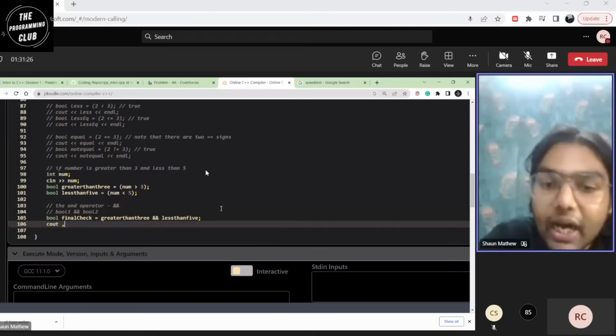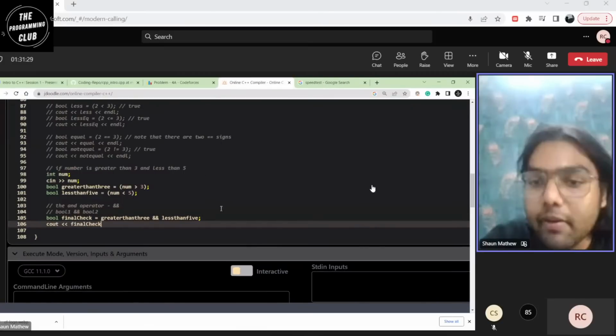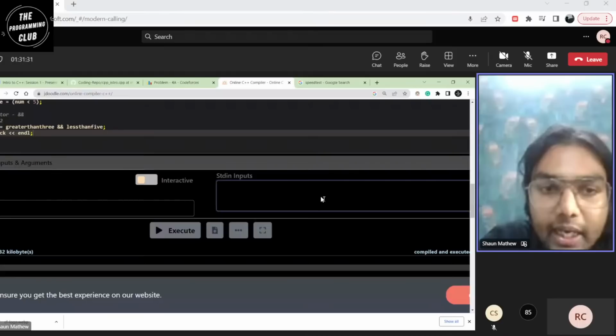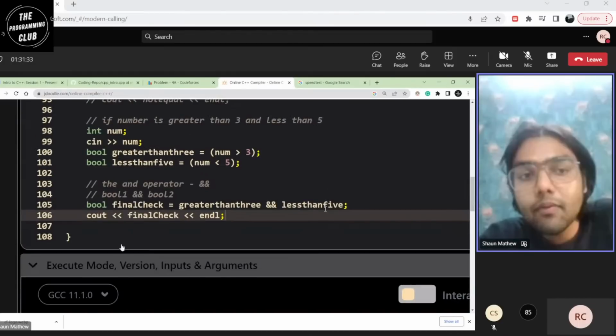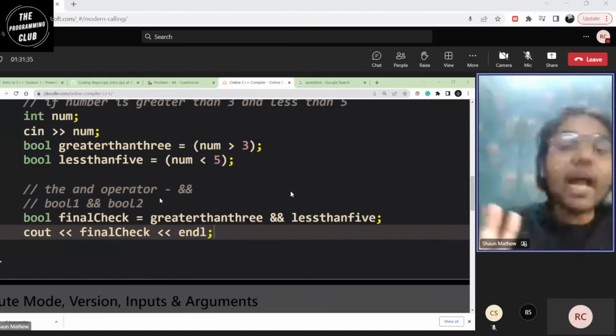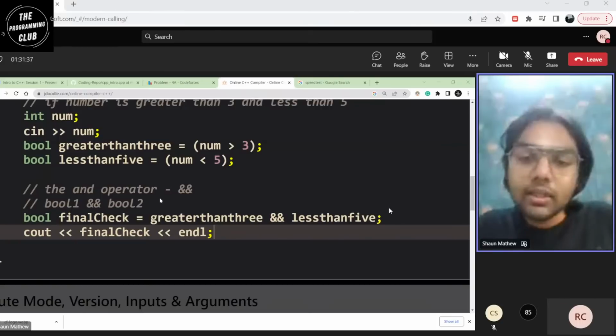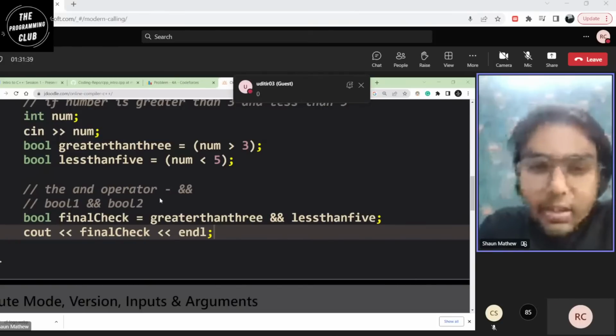And now I want you guys to tell me what will be the output. Okay, I put in the value 3. Okay, I run it. What will be the output? Will it be true? Will it be false? Okay, be a little active in comments and that's how we learn. Otherwise it becomes very dead and monotonous.